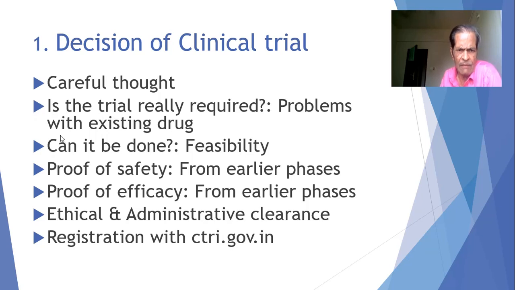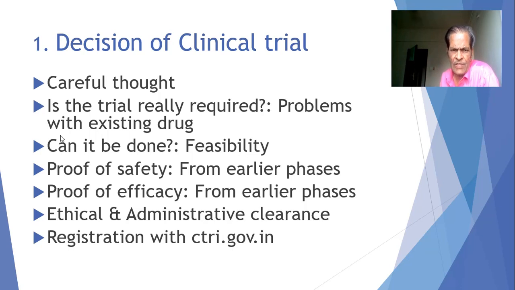Then there has to be some ethical and administrative clearance. The ethical clearance comes from the institutional ethical committee, and administrative clearances come from the head of the institute where you are conducting the study. If other institutes are also involved, that means it is a multicentric trial, then the heads of all these institutions are required to be consulted, and their clearance is to be obtained. Then the clearance from the other diagnostic departments, if the diagnostic facilities of those departments are going to be required and utilized. So they must also give the clearance for conducting the study.